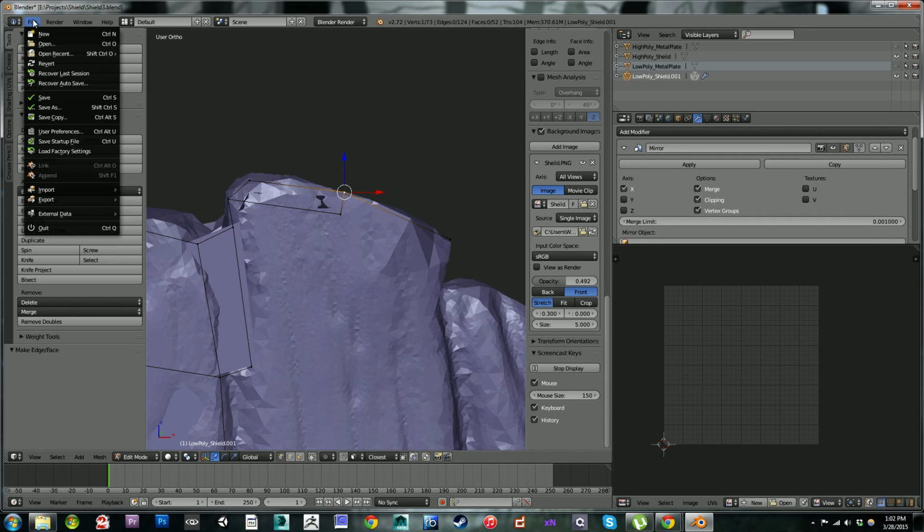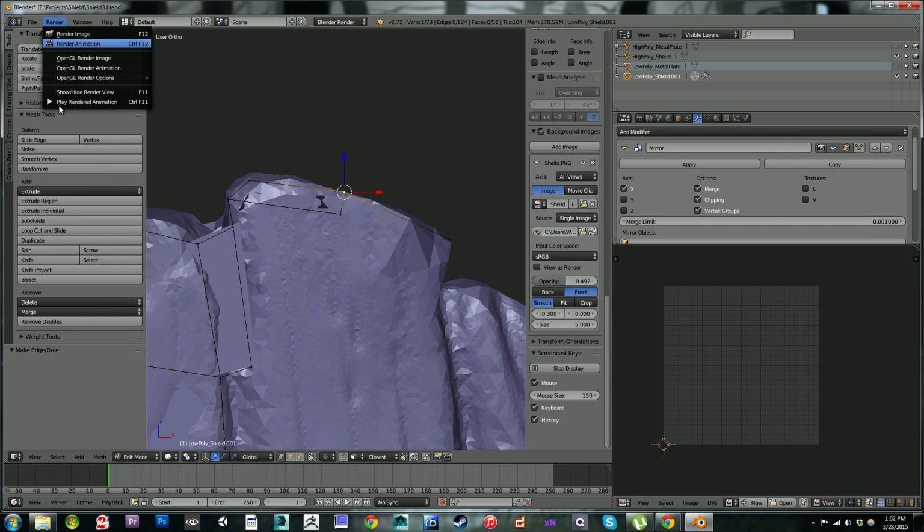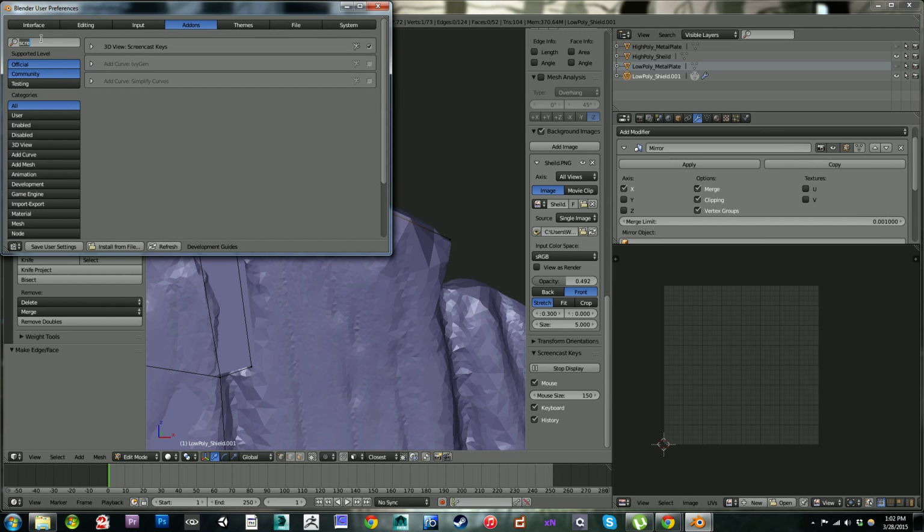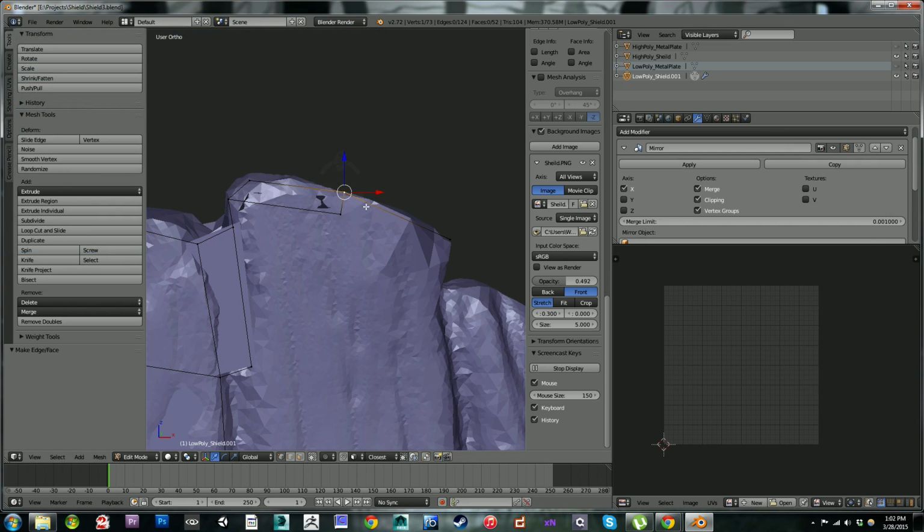Let's turn on our F2 add-on again in case we want to use it. No, that is not the result we want. So